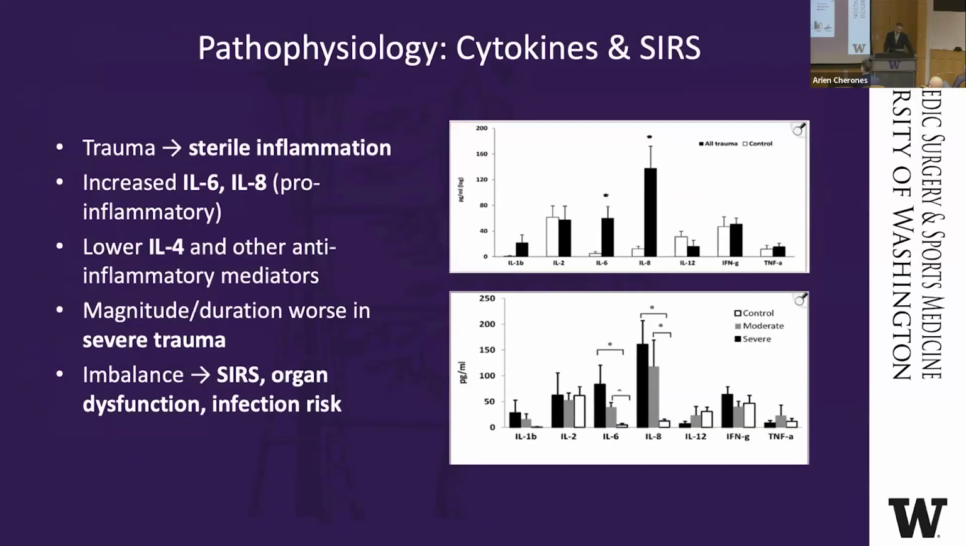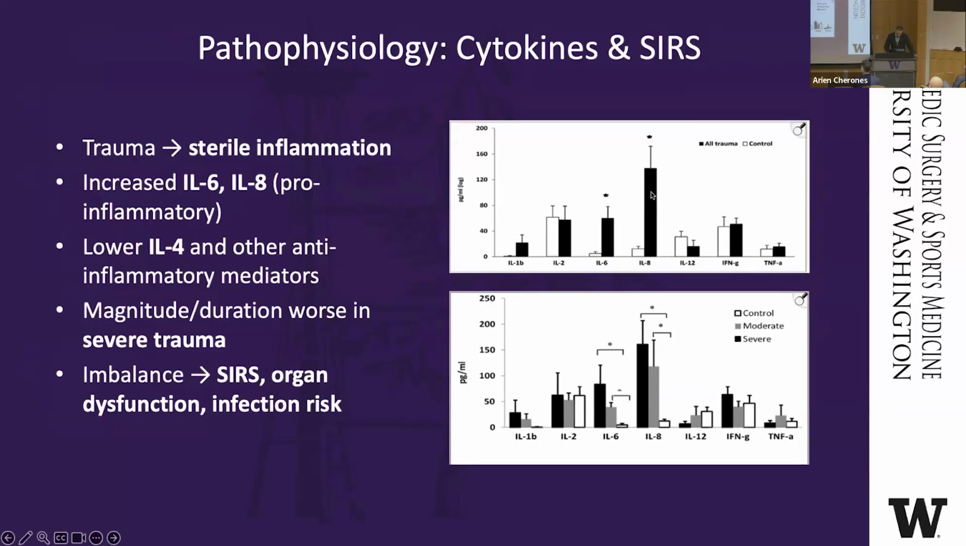So just a brief slide on pathophysiology and the cytokines involved in the systemic inflammatory response syndrome. You have your initial trauma, you have inflammation, you have increased interleukin 6 and 8. These are pro-inflammatory cytokines, as well as a lowered IL-4. And the magnitude and duration is worse in severe trauma, so you can expect higher levels, which is what this